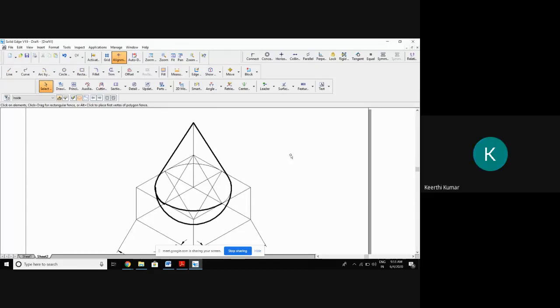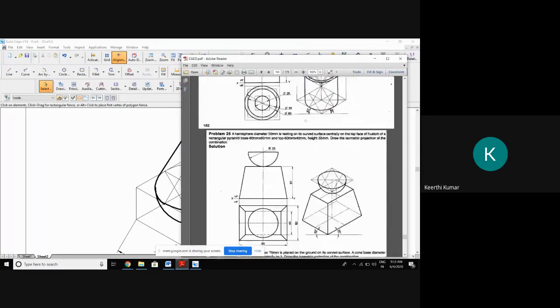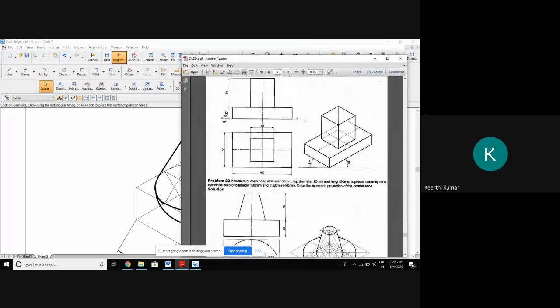And Abhishek, the left side line is supposed to be tangent. This one, you see the screen. This is supposed to be tangent to the curve. The right side is good, you did correct, but the left side I am not satisfied. Just rub that line and draw the tangent. Okay, next we'll go for the next problem. One more problem we will go.